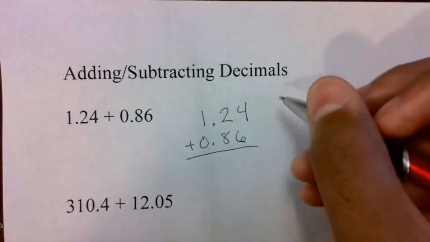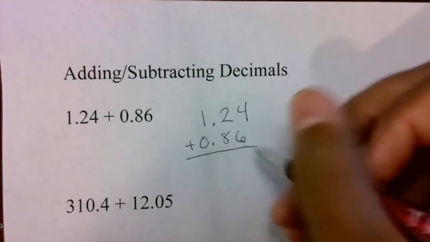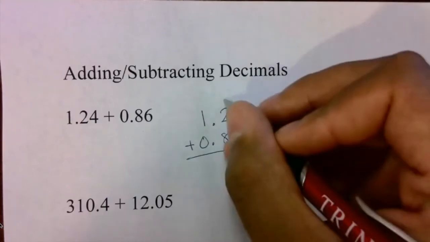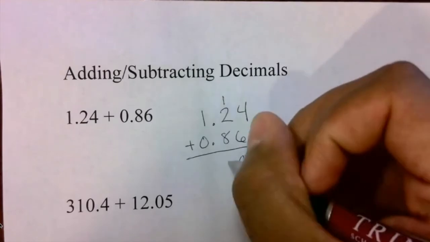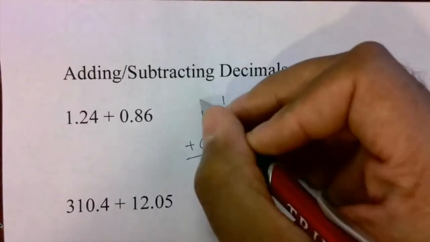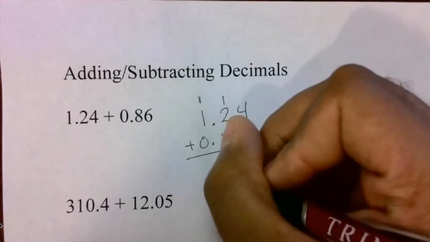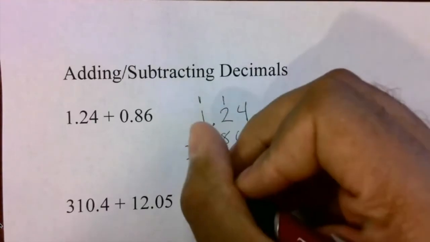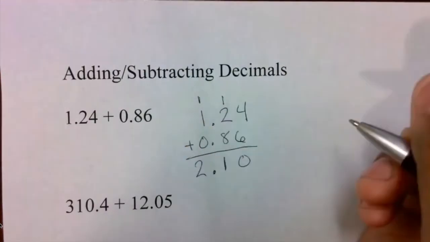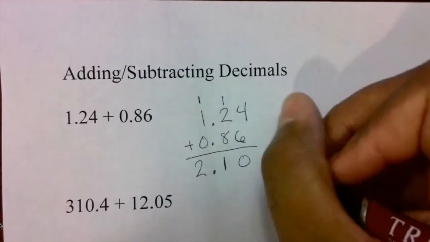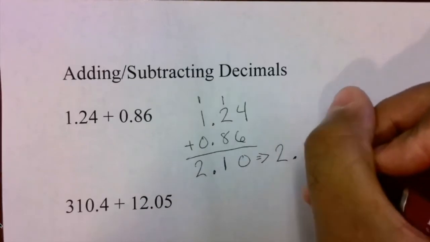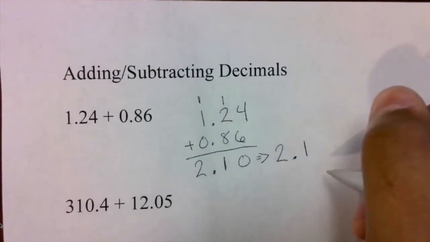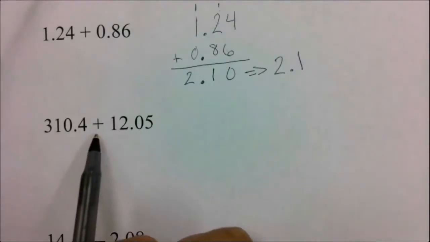So now we just add. 4 plus 6 is 10. 1. 1 plus 2 plus 8 is 11. Carry 1 over here. Now we just bring down our decimal point, and we get 1.1, and that equals 2. So our answer, I'll write it out, would just be 2.1. All right? Now let's look at 310.4 plus